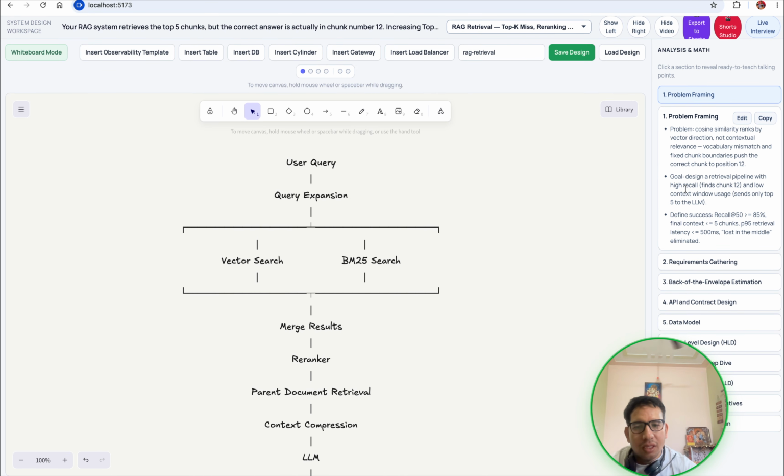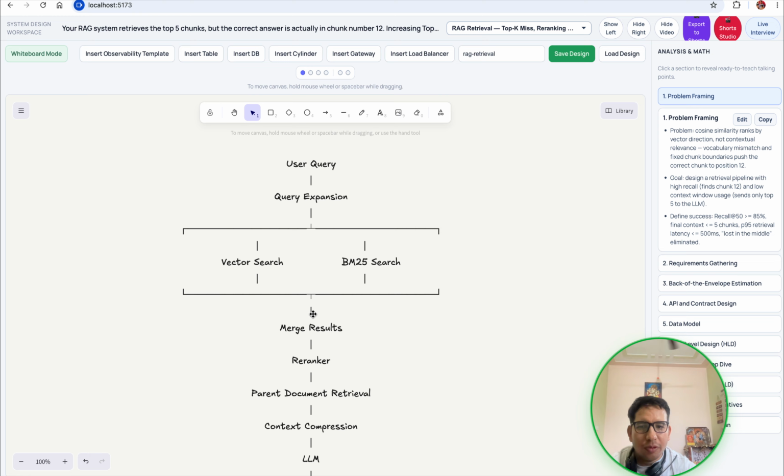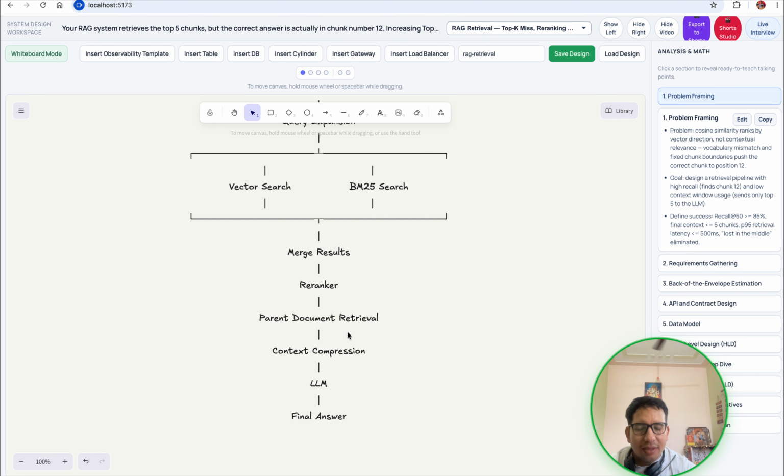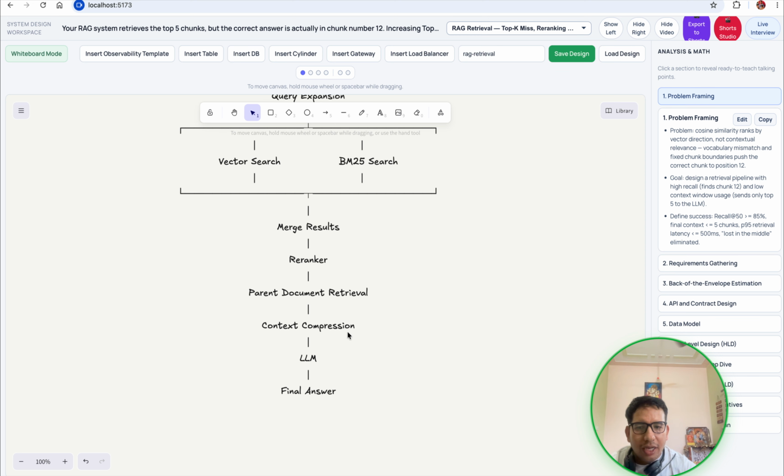Then we merge the responses from both searches. Then we apply the reranker, and then the parent document retrieval. From the chunks we got, we retrieve the parent document, then we check the context, and that context is compressed and sent to the LLM, and then we get the final answer.